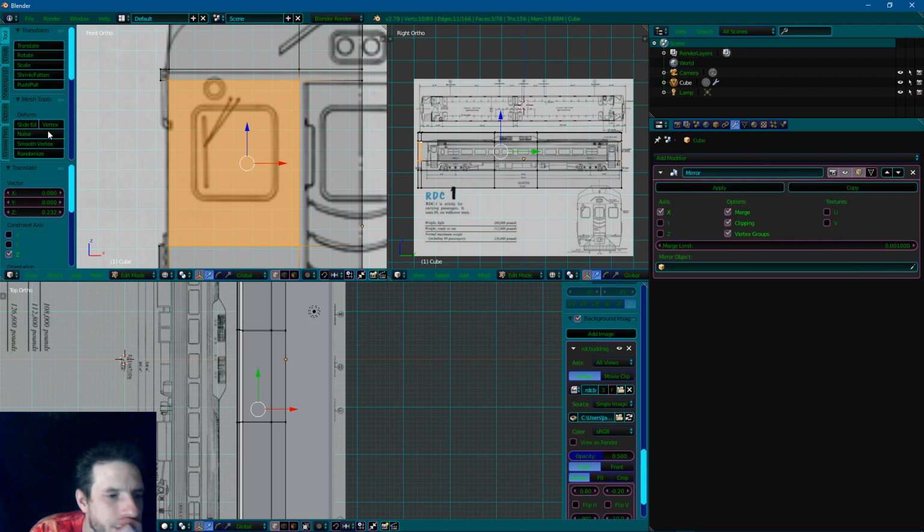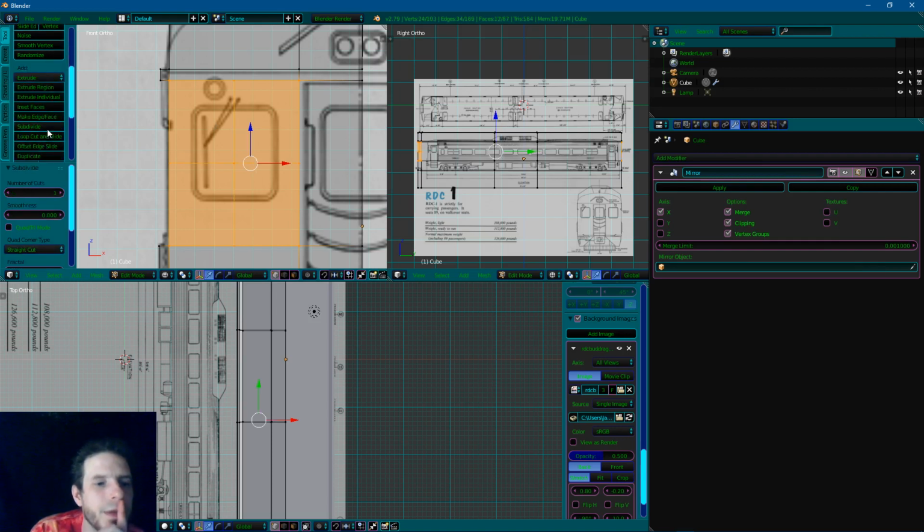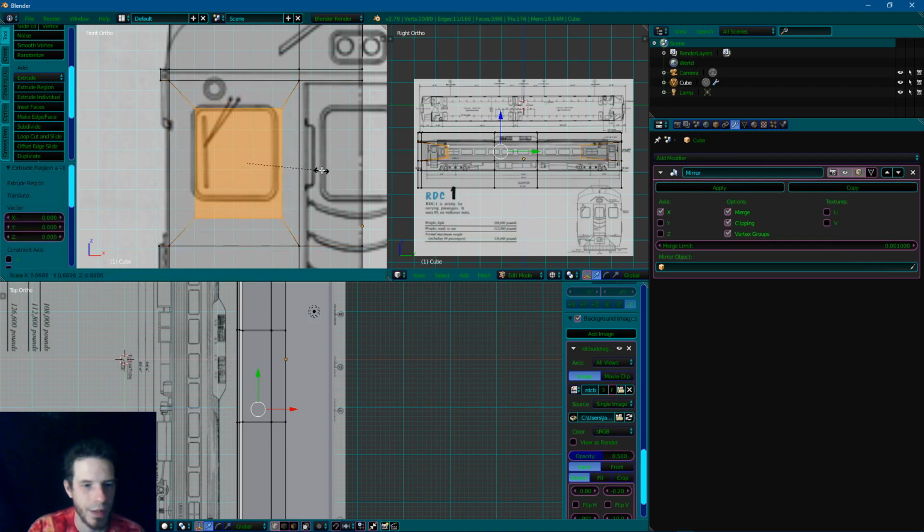Or should I subdivide? Let's see what a subdivide looks like. See, if I go with a subdivide, I've got to add so many vertices, and that's going to add too many polys. So what I'm going to do is extrude this and then scale the size of this